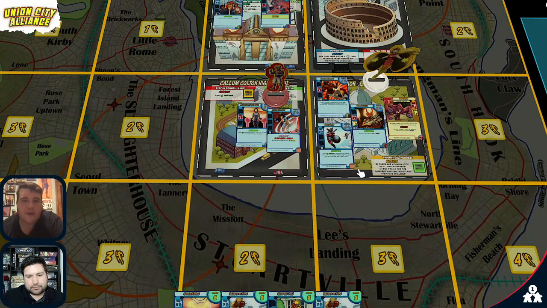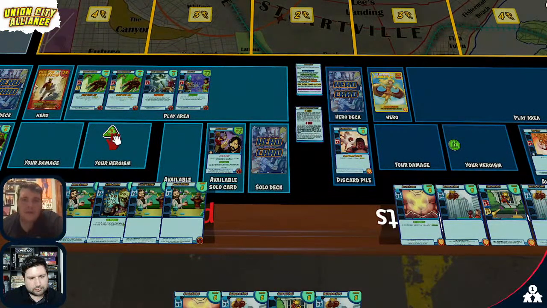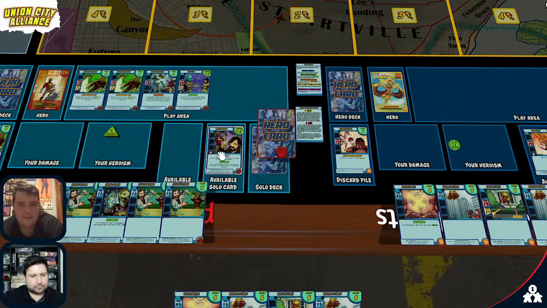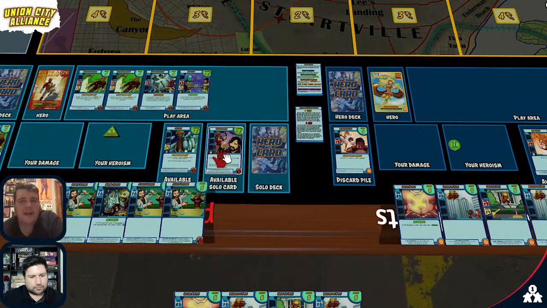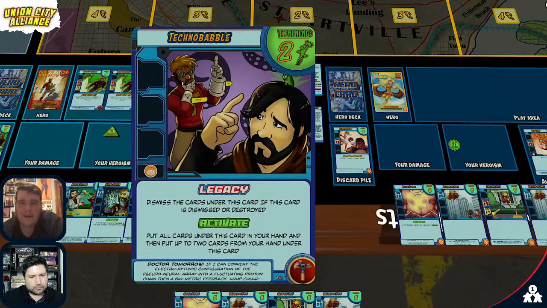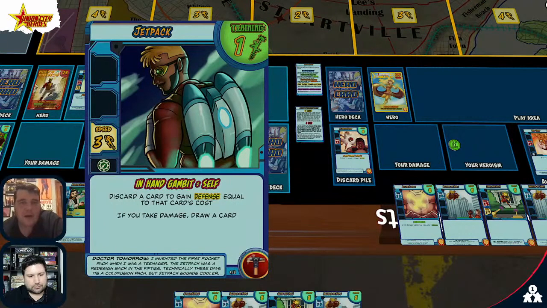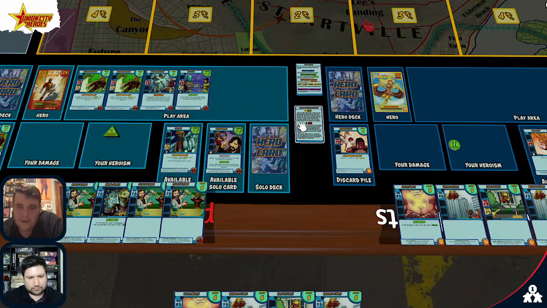Cool. And so that was a training action. Now I get a training token. This token tells me from now on, whenever I train, I need to spend 2 more heroism. I could also replace this Technobabble if I want, but I don't. I like Technobabble, and I think I might want to get that still. So my new available solo card is Jetpack. That comes out as part of the training action. Cool. So now I'm out of heroism, but I've taken down those raptors,